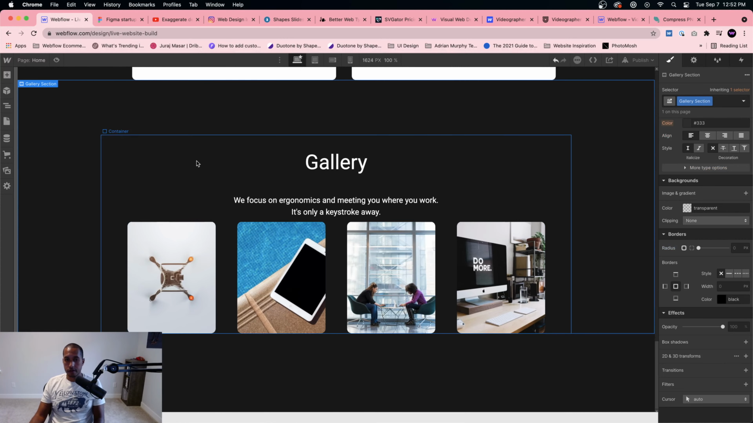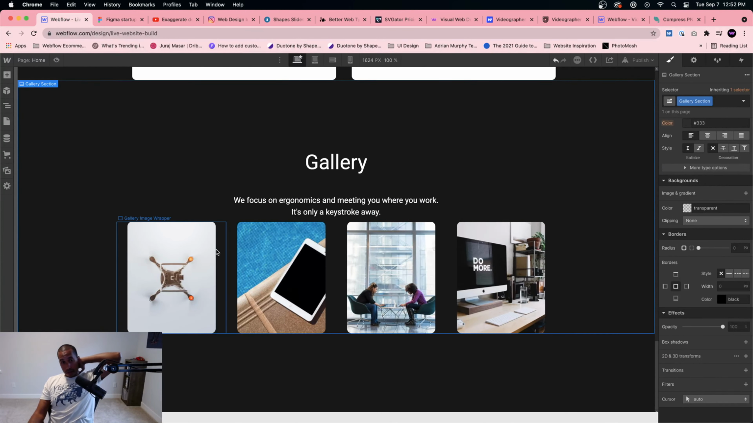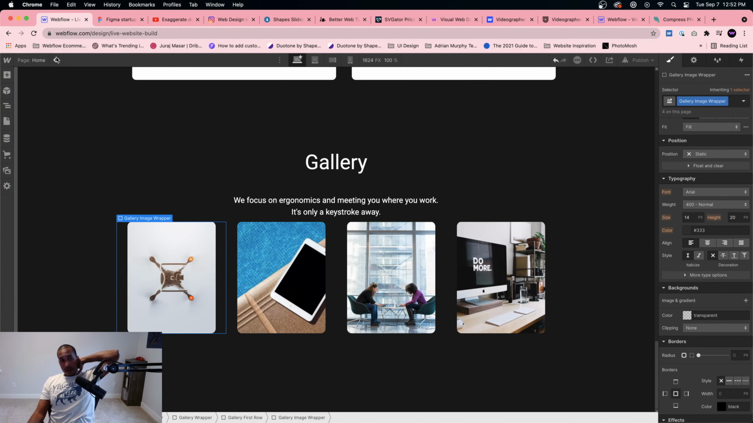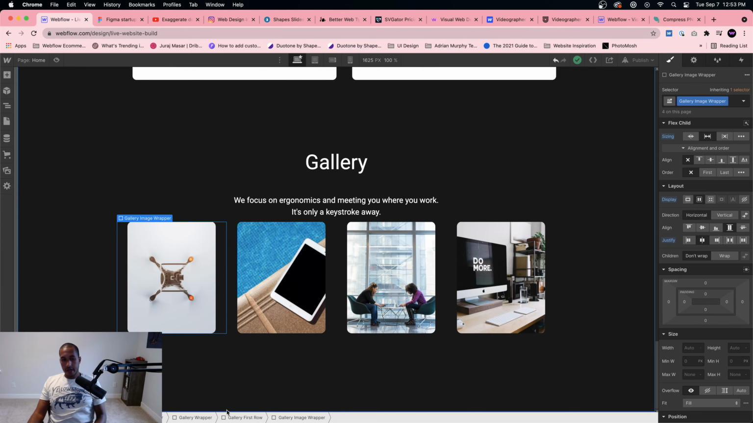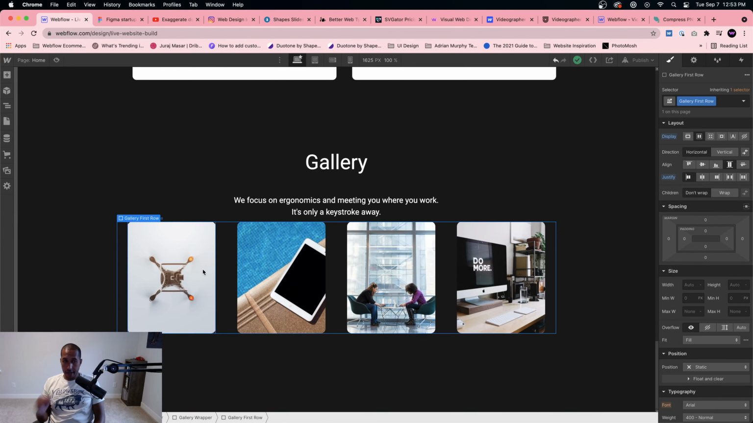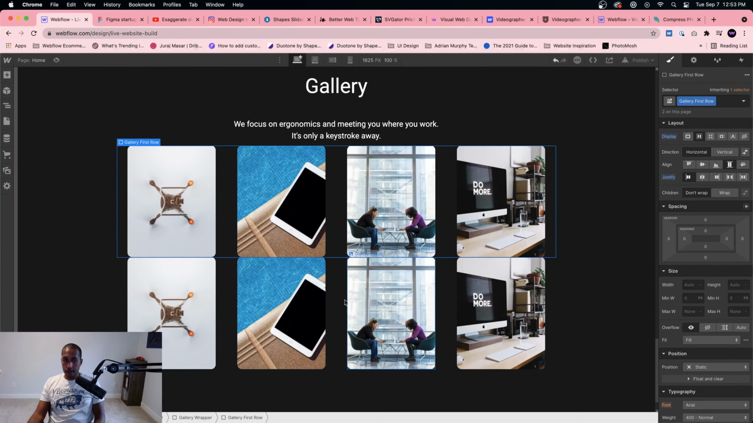Okay, so there we go. And nice, that looks good. So yeah, it's looking so far so good. I'm liking it. So now let's go ahead and copy this first row, copy and paste, and